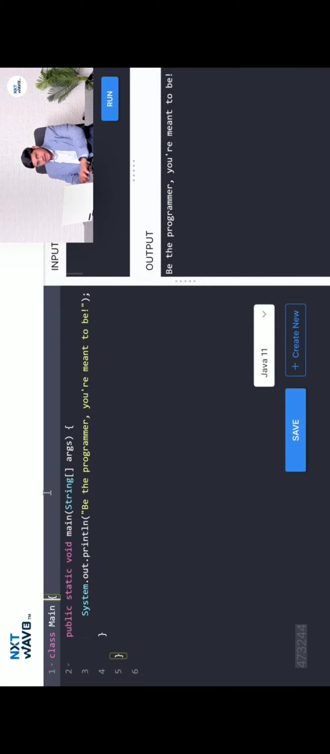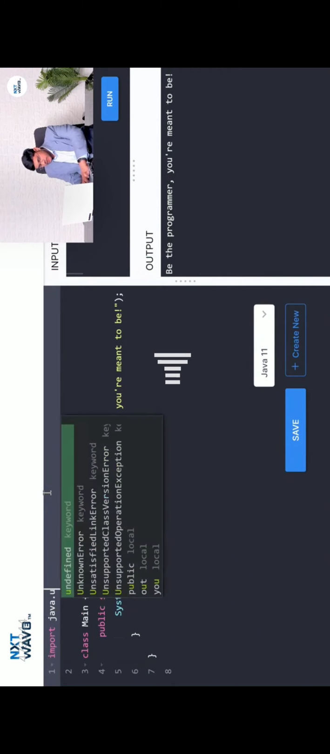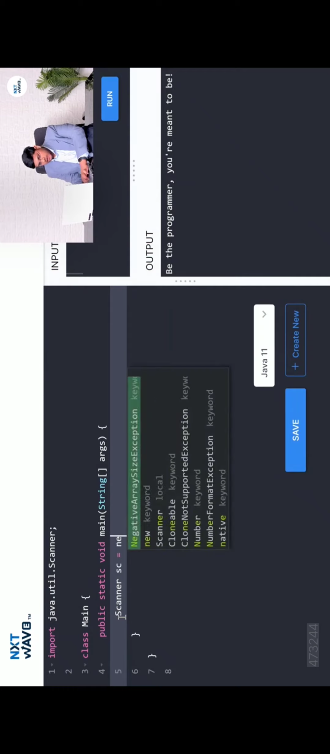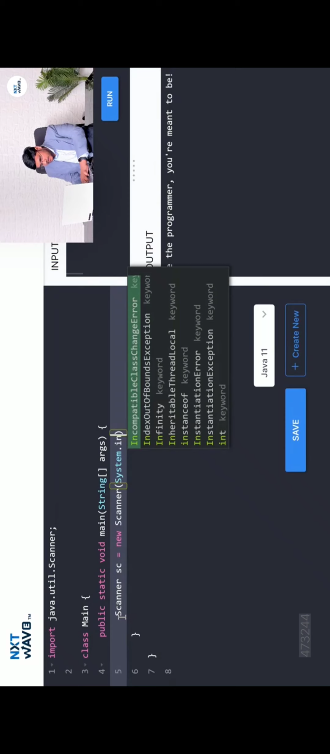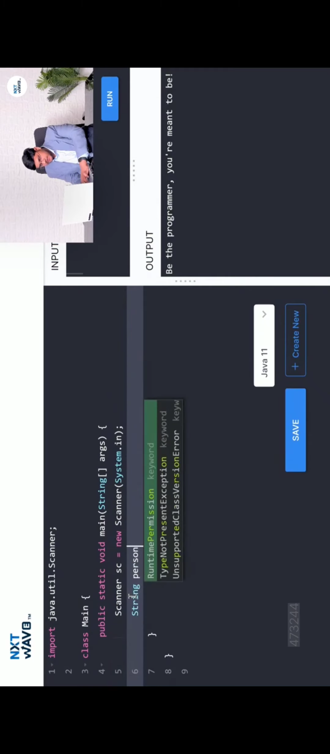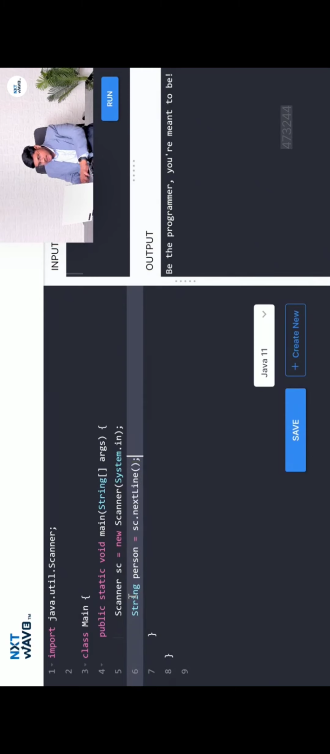Okay. So here at the top, we need to write import java.util.Scanner. Then Scanner sc, where sc is the object variable in which we want to store the Scanner object that we are about to create, equals new Scanner(System.in). Through this line, we are creating a new Scanner object and storing it in the variable sc. Now we want to read input from the user. So let's say String person equals sc.nextLine(). What this line does is, from user input, it will read the overall line